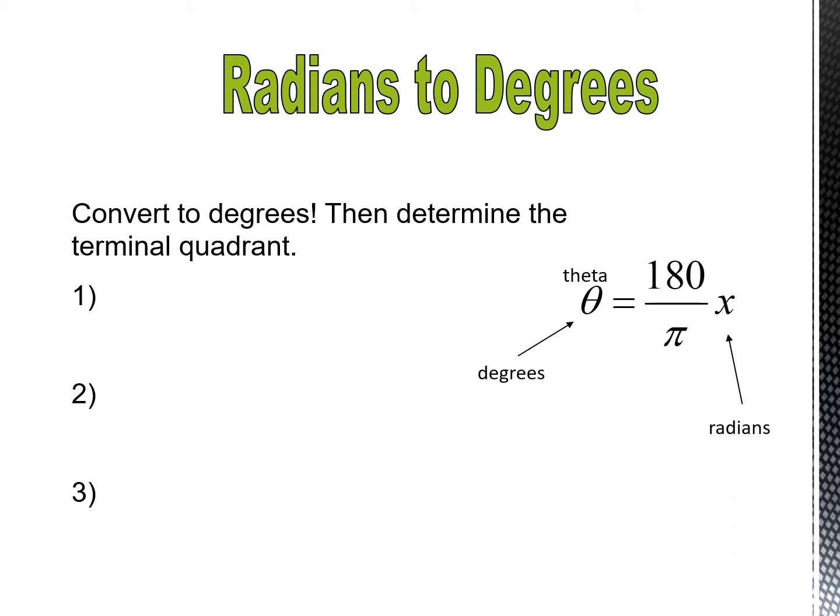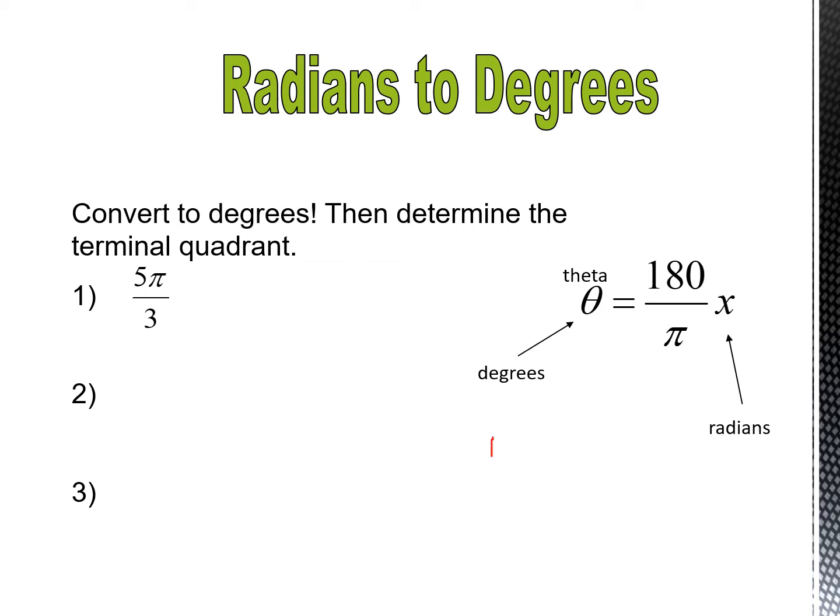The x will be used to represent radians. Let's do an example. Here we have 5 pi over 3 radians. To convert it to degrees, we just plug in 5 pi over 3 into the x,